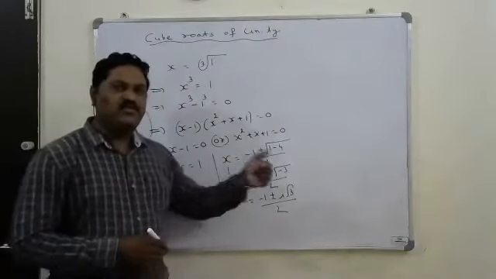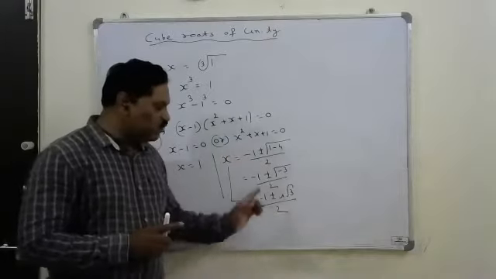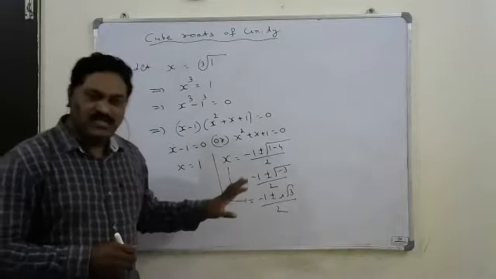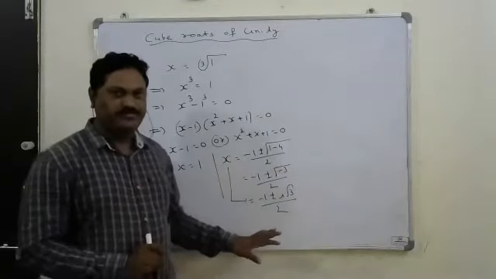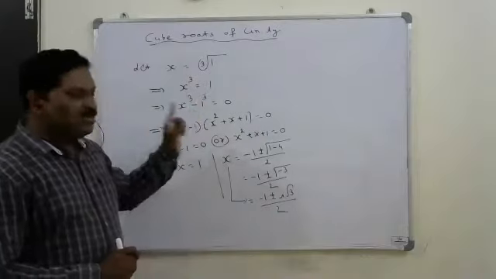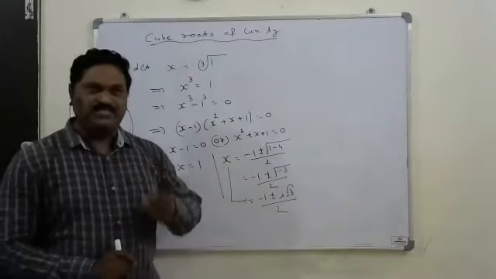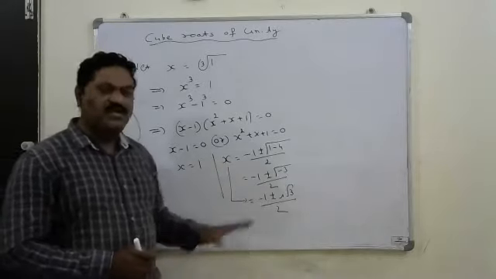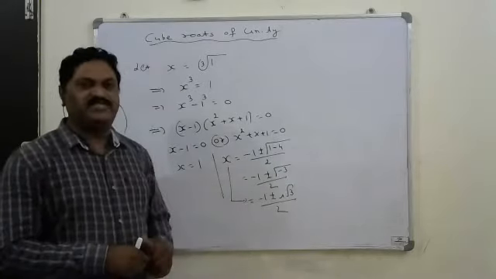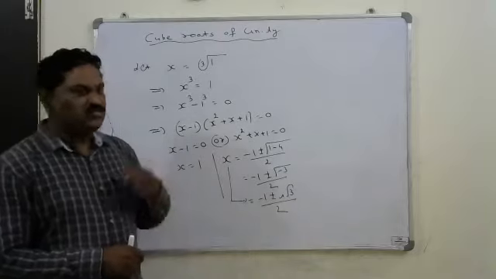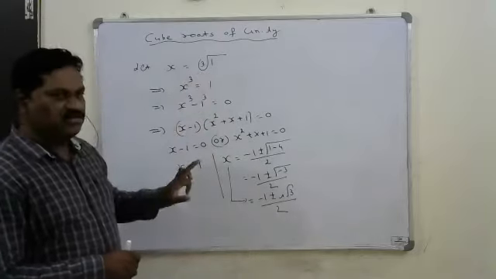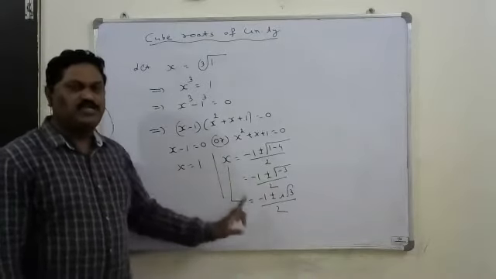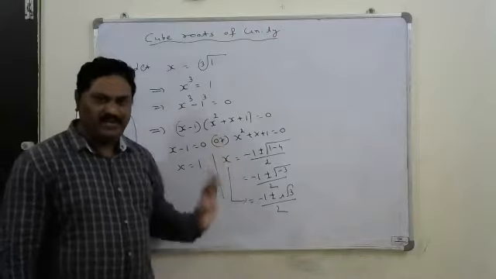Minus 1 plus i root 3 by 2 is one root. Minus 1 minus i root 3 by 2 is the other root. Since i is there, these are called the complex roots. So this equation has two complex roots and one real root. So these are the three roots of that. These three roots together, we will call them the cube roots of unity. So from now onwards, whenever you want to find the cube root of 1, those are the three values. It will give us 1 and minus 1 plus or minus i root 3 by 2, right?